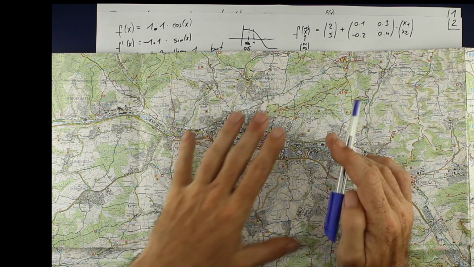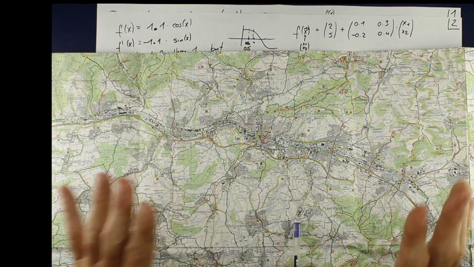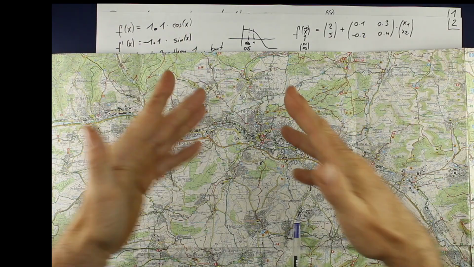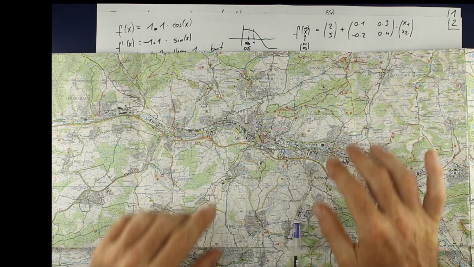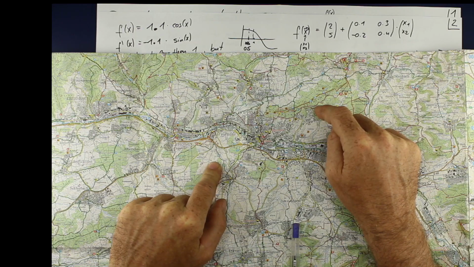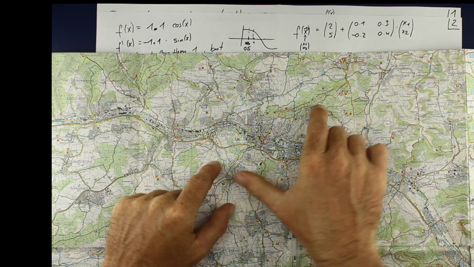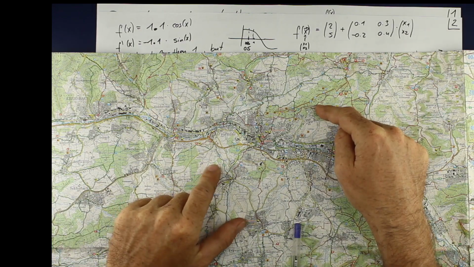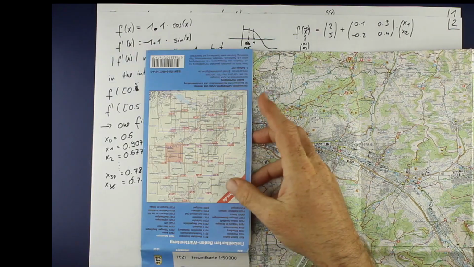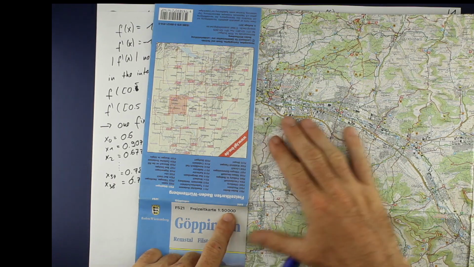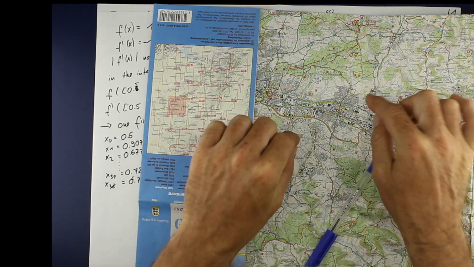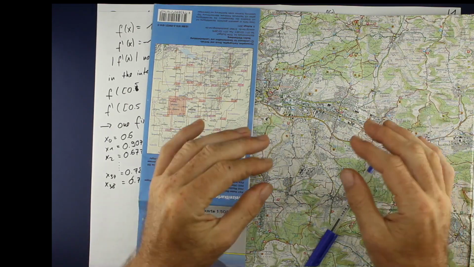And this is true. Why? We can view the world to be R2 or part of R2. And this real world is mapped to points on that map. Okay? The real world is mapped to points on that map. And the image of 2 points, the original distance, in this case is 3.7 kilometers. But the distance on the map here is 7 or 8 centimeters. So the distance on the map is less than the distance in the original. And having this 1 to 50,000, that means that the shrinking factor is 1 divided by 50,000. The distance on the map is less or equal, and in this case it's always equal to exactly 1 divided